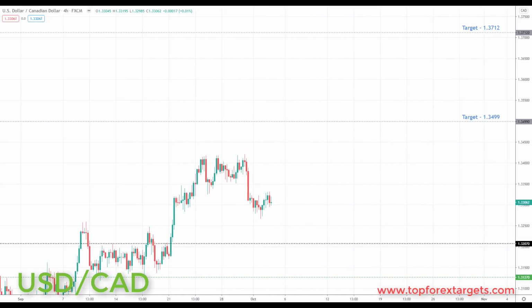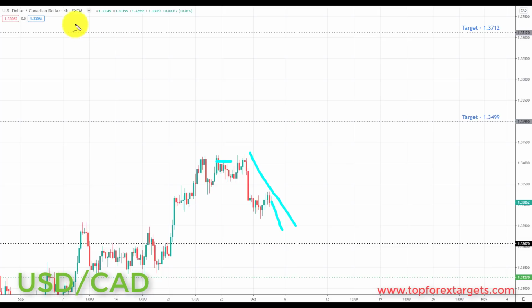So the next market we're going to look at is US dollar CAD. Now last week we started the week in this area and we're looking for a correction back down towards the 1.32070. We did correct down towards this area. We haven't come down and tagged it yet, but we have started to correct towards this area. So very simply put, going into this week, we are looking for further advances to the upside.